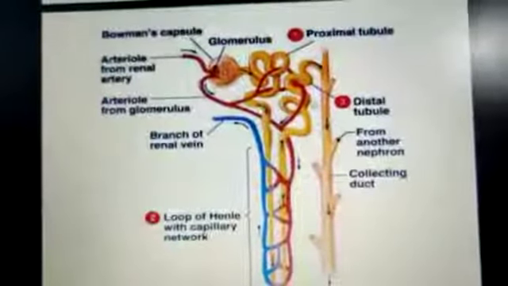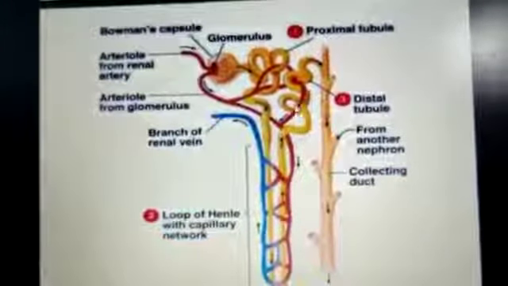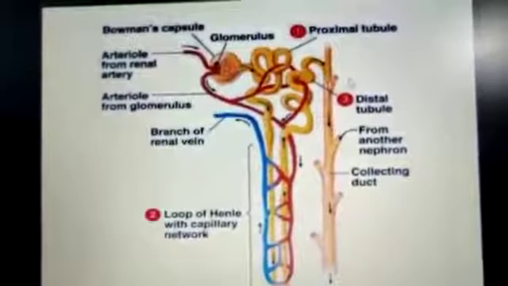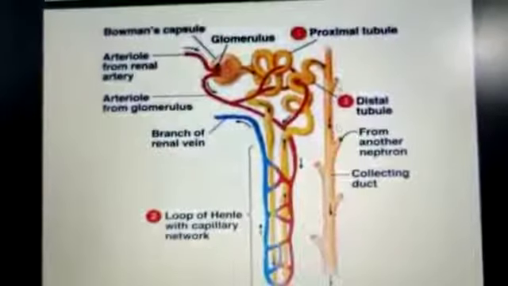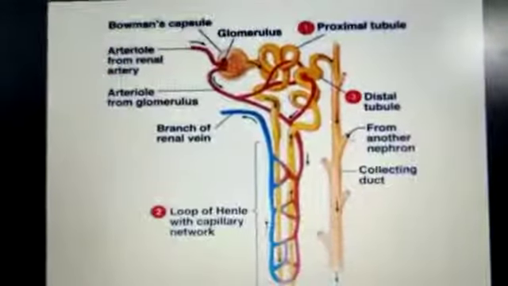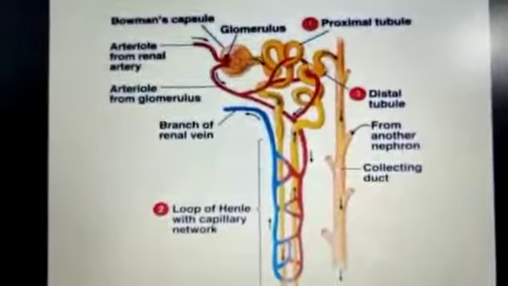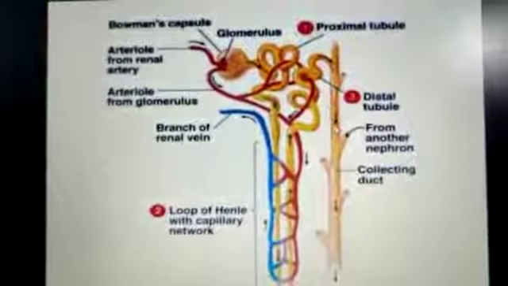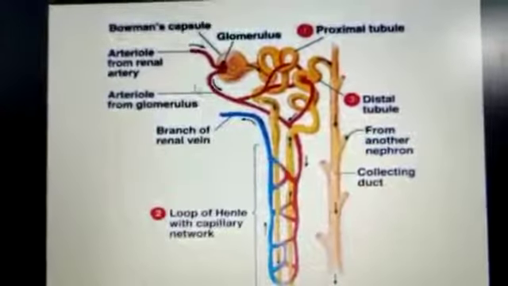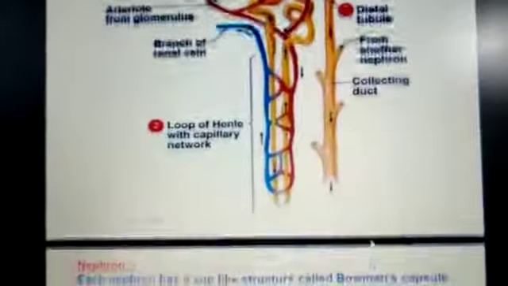Every nephron, see, this is the first nephron. This nephron is about 3 centimeters long, and millions of nephrons are present in a kidney. One nephron opens into this collecting duct, another nephron opens into this collecting duct, third, fourth, like this. This is the collecting duct which helps in the collection of urine. Once the blood is filtered, urine is sent to the collecting duct, and the rest, along with the nutrients, the blood is given back to the body. This is all about the structure and function of the nephron.